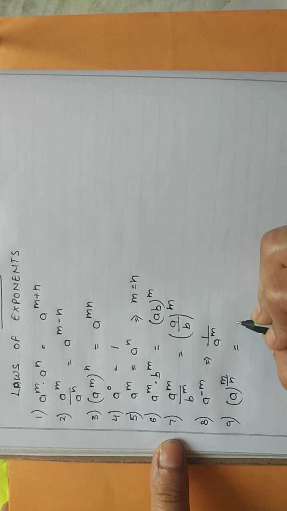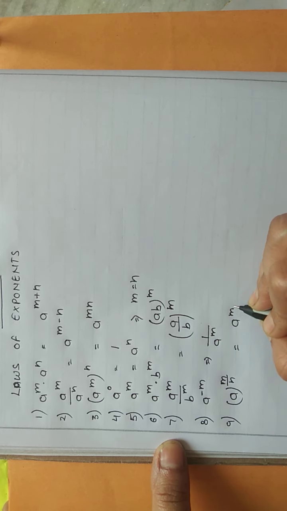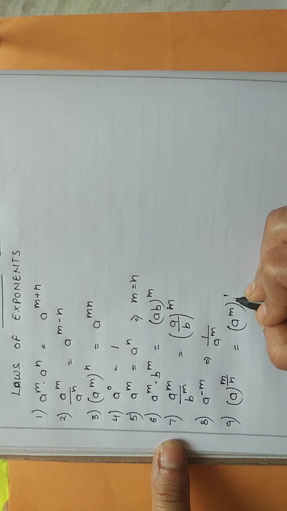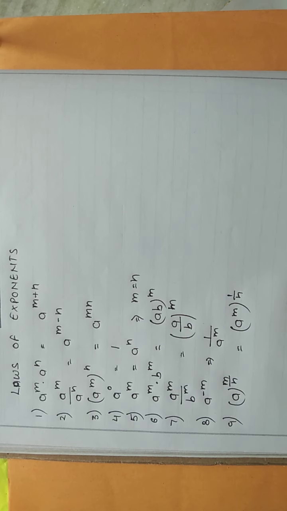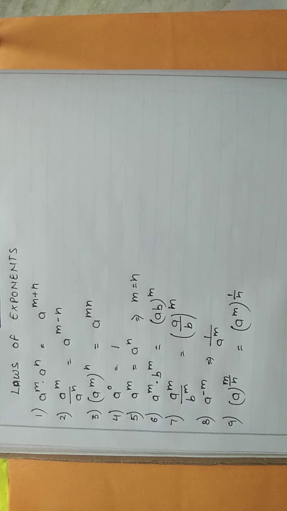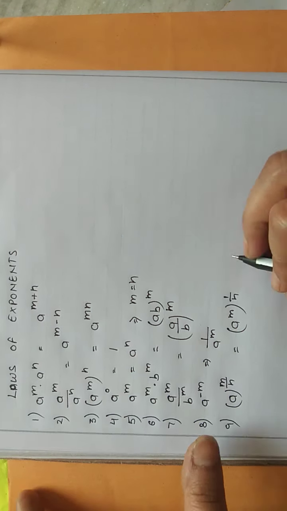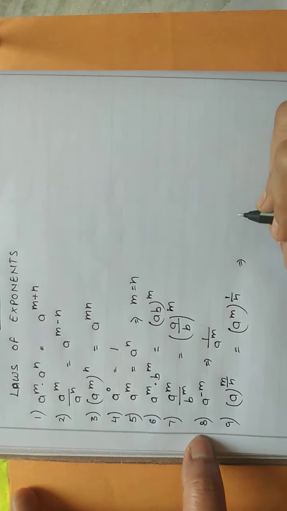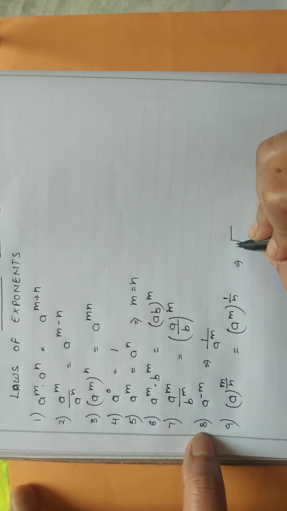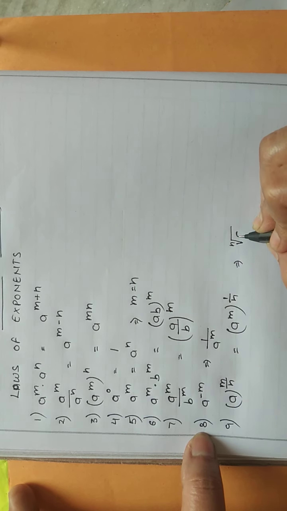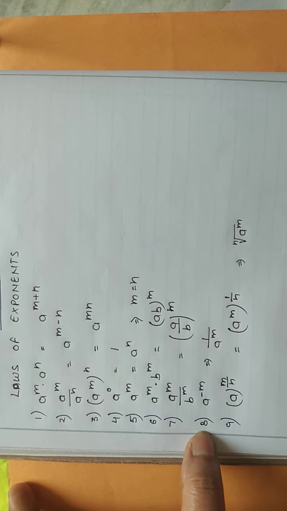Okay, so what does it mean? (a^m)^n. What I have told you: whenever there is a power with 1 upon something, 1 upon 2, 1 upon 3 and so on, how can you write it? We can write it as this, and a is as it is, to the power.